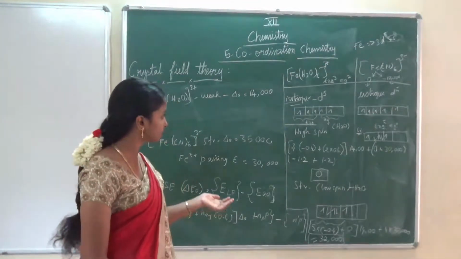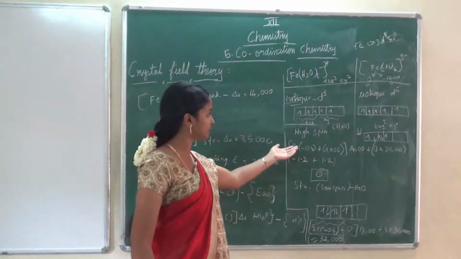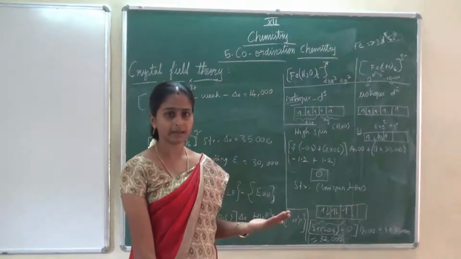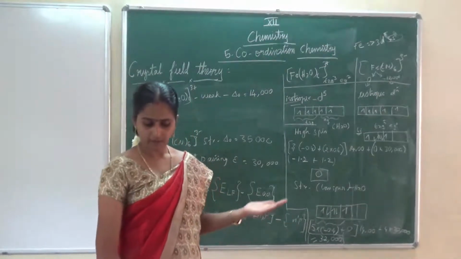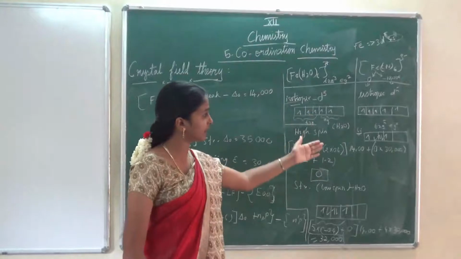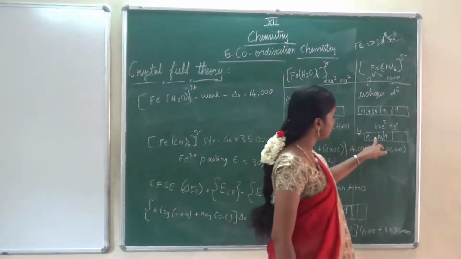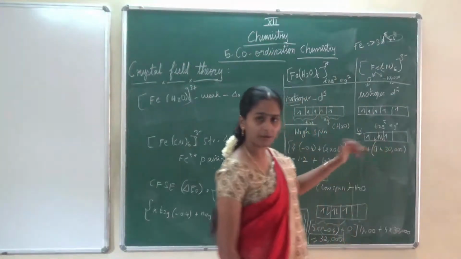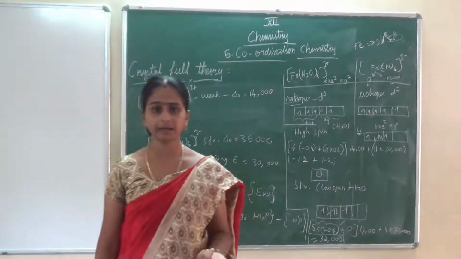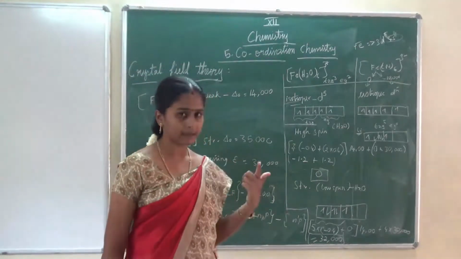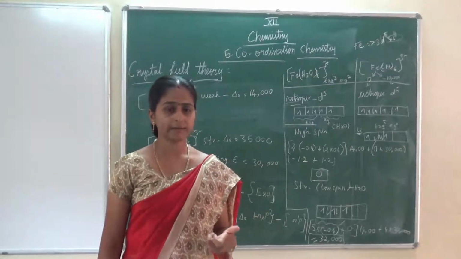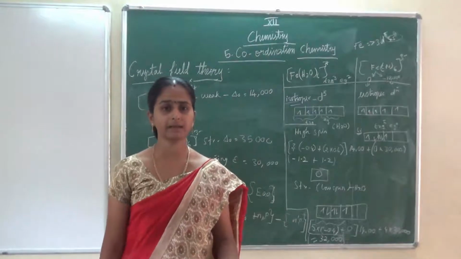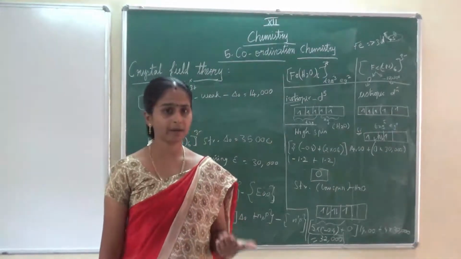In a high spin complex, as I said on this paper, all the electrons are unpaired, so it is paramagnetic. But in the case of the cyanide complex, here if you notice, two electrons are paired, but one more electron is unpaired. So this is also paramagnetic. If there is any unpaired electron in the central metal atom or ion in the ligand field, it is paramagnetic. If all the electrons are paired, then it is diamagnetic. So paramagnetic we now know.